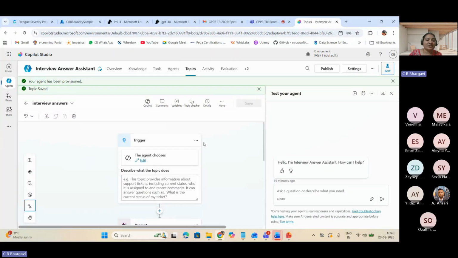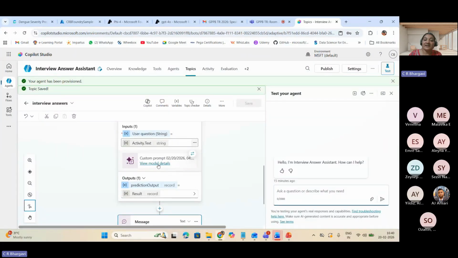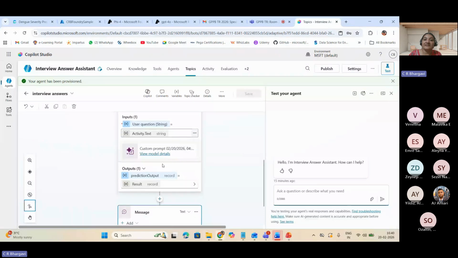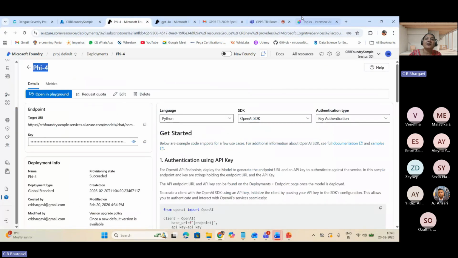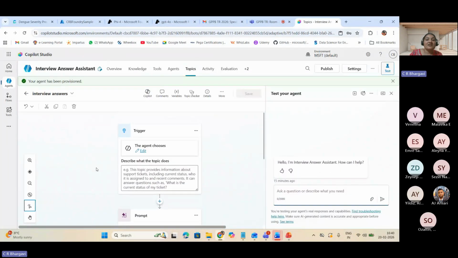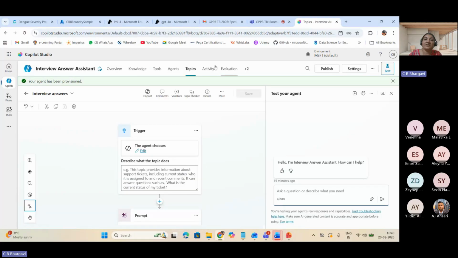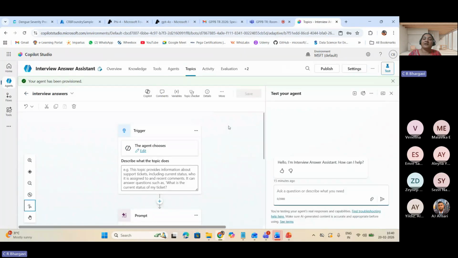Once it gets stored, you now have the option of adding the model which has been created inside your Azure portal, added inside your Copilot Studio as such. So whenever you go and give it inside the test, right? It will now hit the 5.4 model which was created, and it would be giving you the answer on. Now,